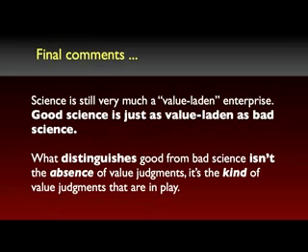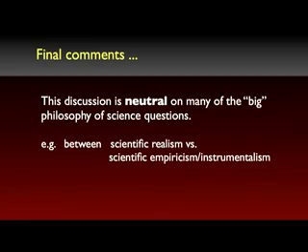The other comment I want to make is that accepting this view of the scientific process still leaves open most of the big philosophical questions about the nature of science. For example, I might be what philosophers of science call a scientific realist, which means that I think that one of the proper goals of a scientific theory is to describe the world beyond what we can directly measure and observe, and that sometimes science is successful in doing this. You, on the other hand, might be what philosophers of science call an instrumentalist about theories. You think that science doesn't aim to describe the world beyond the realm of observable phenomena at all. You think that scientific theories are just instruments for helping us organize and predict observable phenomena and the results of experiments. And that's how they should be judged.